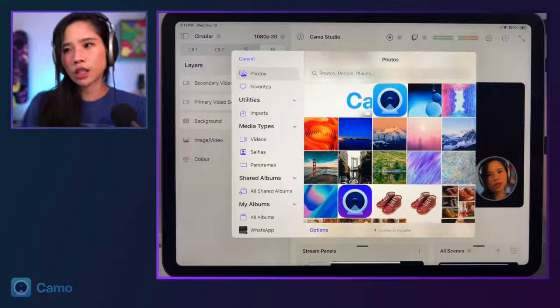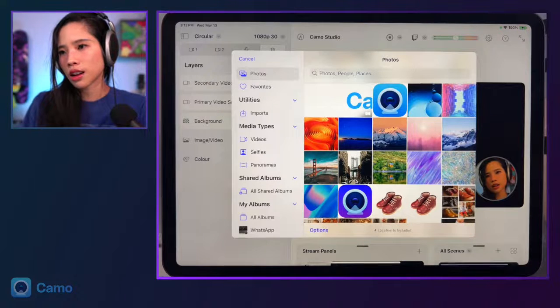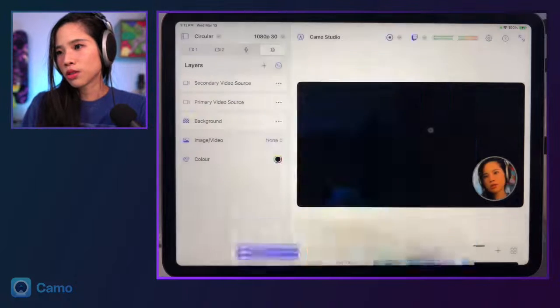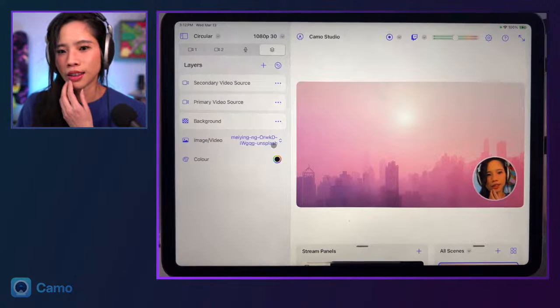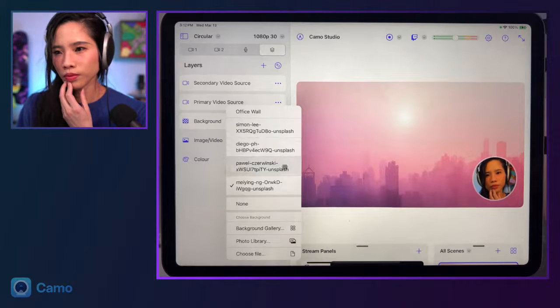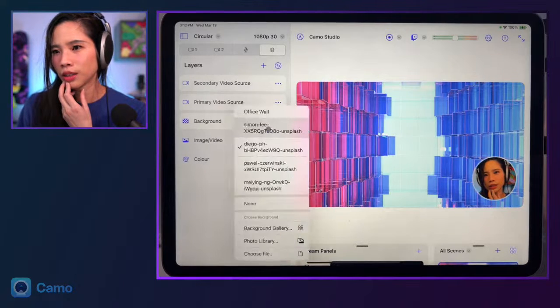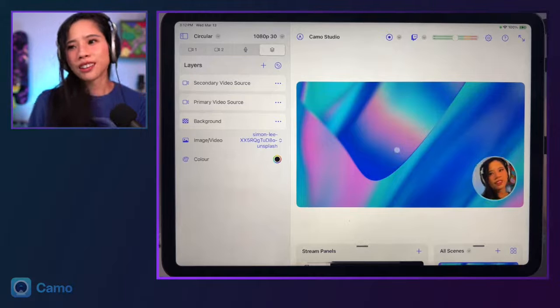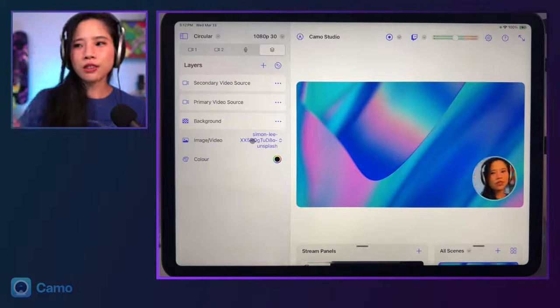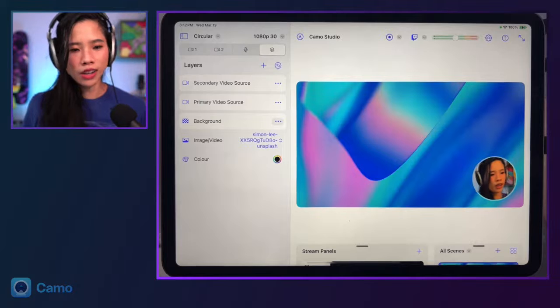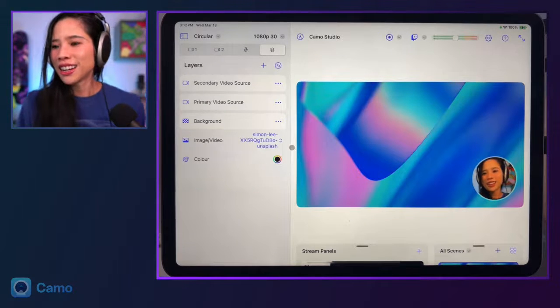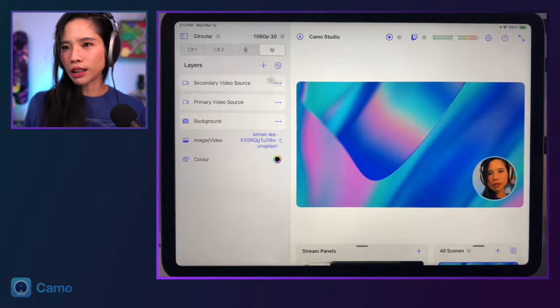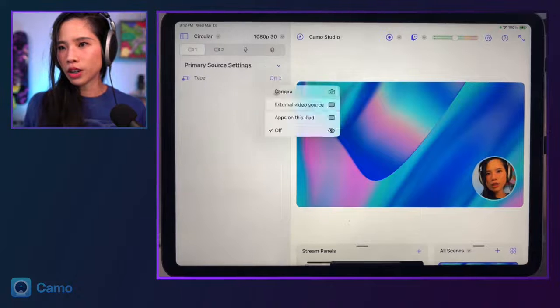I was in Unsplash the other day, and it looks like I'm gonna choose one of these. This little pink city. Actually, what are some of the other ones? Oh, I like this one instead. The pink one is, I think, a little too soon after last year's Canadian wildfires where the sky in New York was totally orange, so I don't like that one. We'll use this sort of ethereal green, blue one as the background,